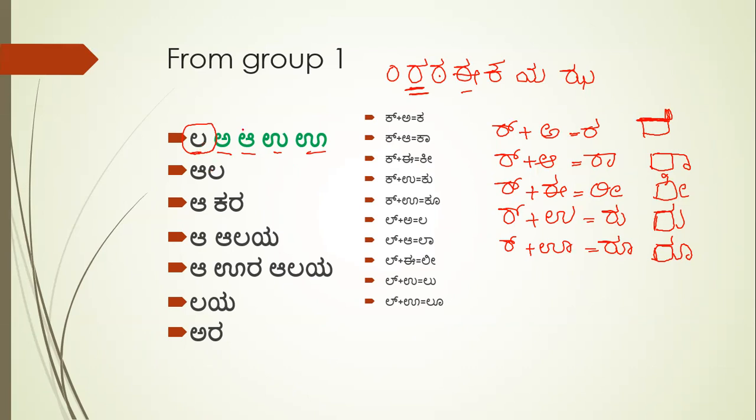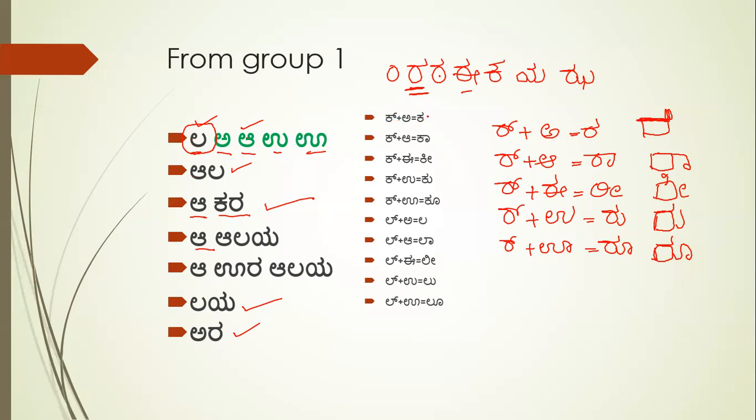Now, as you know, here A and L, if I combine, what does it become? Al. So here it is A, and earlier we learned the word Akara, right? Now A, then Al, Ya. So Ya is taken from the previous one. Ala is there. Alaya. The next one is A, this is U, Ra, Alaya. Aura, Alaya. Then the next word is La, Ya, Laya. Ra, Ara. Like that. So here is the group of words and here are the combinations.